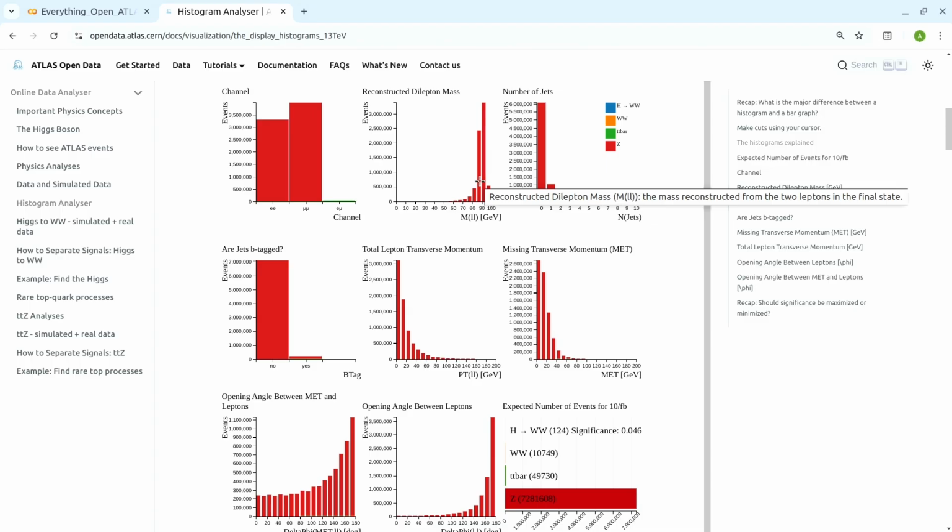One way to do this, you might not have figured it out at first, but if you actually click on one of these headings here, you'll set it to filter to only show the distribution for that type of process. So if we click on it for the Z, we don't really see much change because already at the beginning, everything is more or less just a Z type event. However, if you were to click on one of the other types,